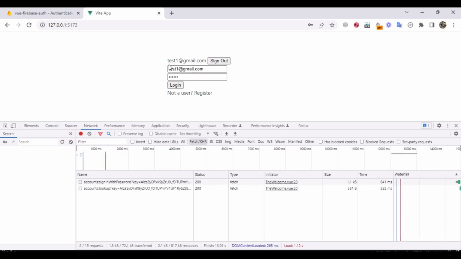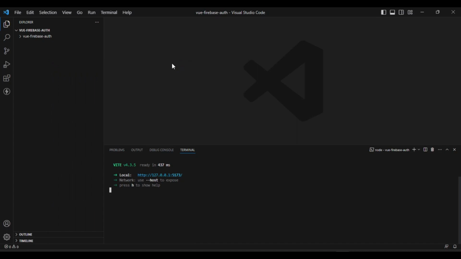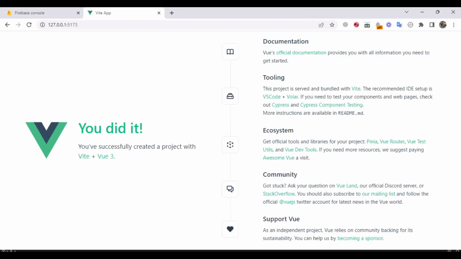And now our user, as you can see, has been logged in, and we will not use any library to persist state. We will only focus mainly on Firebase and Vue.js. So let's start. Okay, so I have created this blank new Vue.js project, and it looks like this, but